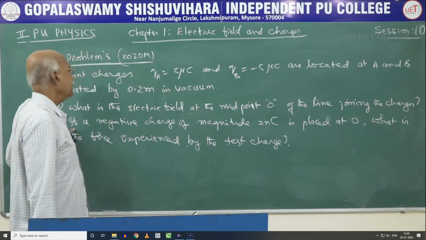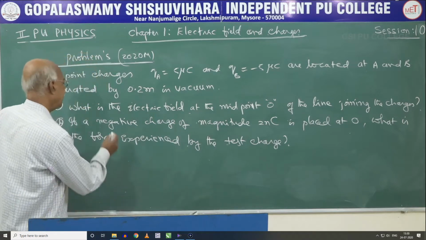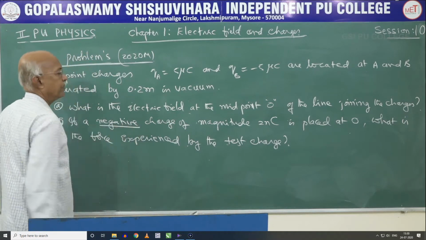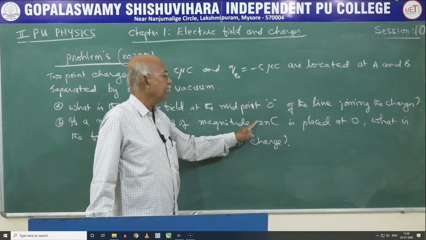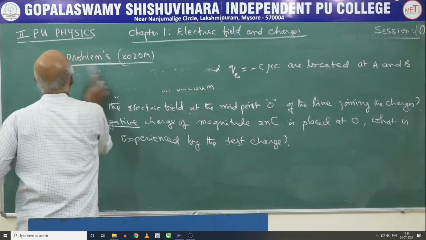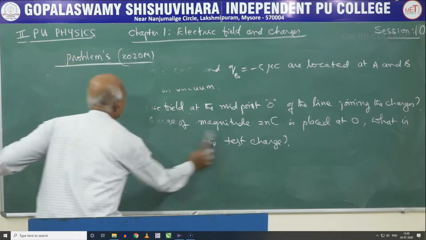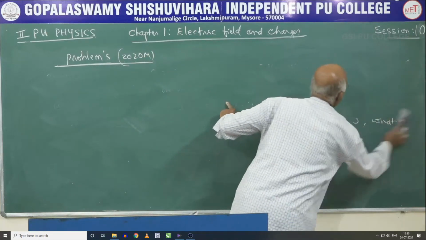The second question is, instead of at the point O, we have been asked to keep that. Remember that the question is about a negative charge. Therefore, here 2 NC, we should add minus 2 NC in solving the problem. Now, looking into the data available, we will solve the question one by one and get the answer for the first part and the second part.